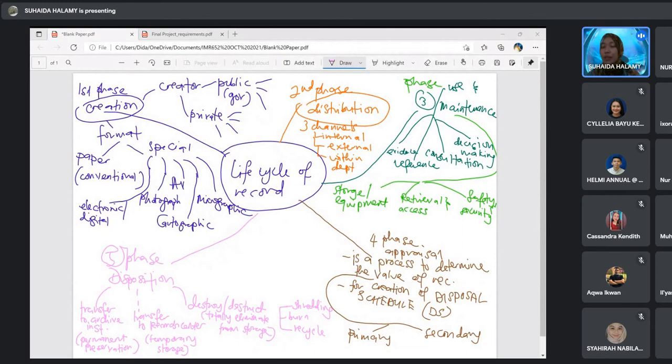Kalau you delete until metadata, so cannot retrieve anymore the record. Okay, so that one for electronic. Meanwhile for AV, macam CD, cassette, tape, film, micrography, cartography, yang bukan paper based, meaning that you have to crush it, kena hancurkan dia dan you kena tanam. Pecahkan dia, tanam. Ataupun you nak recycle, boleh.